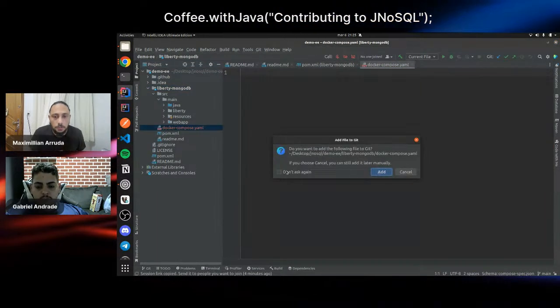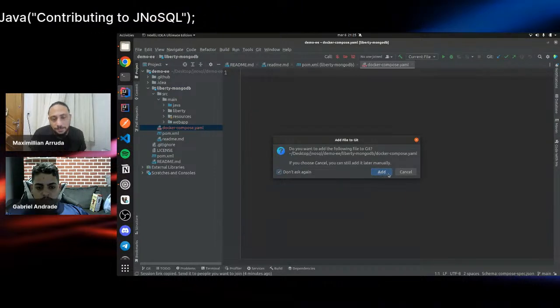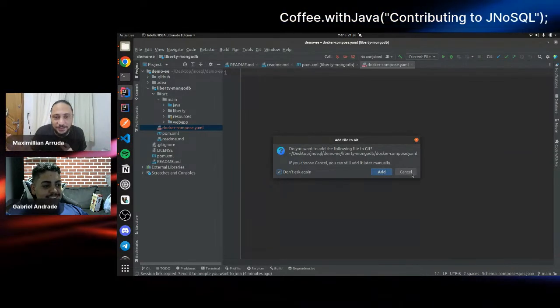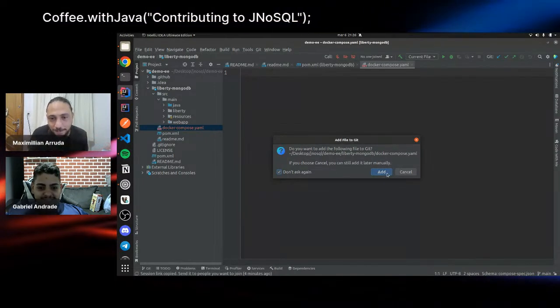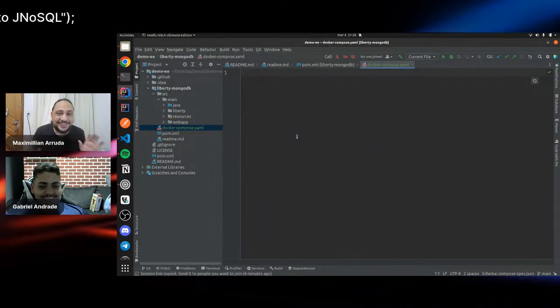Great. Well, feel free to do this. I'm not familiar with IntelliJ adding any kind of file to my repository, but it's okay. Everything is fine.